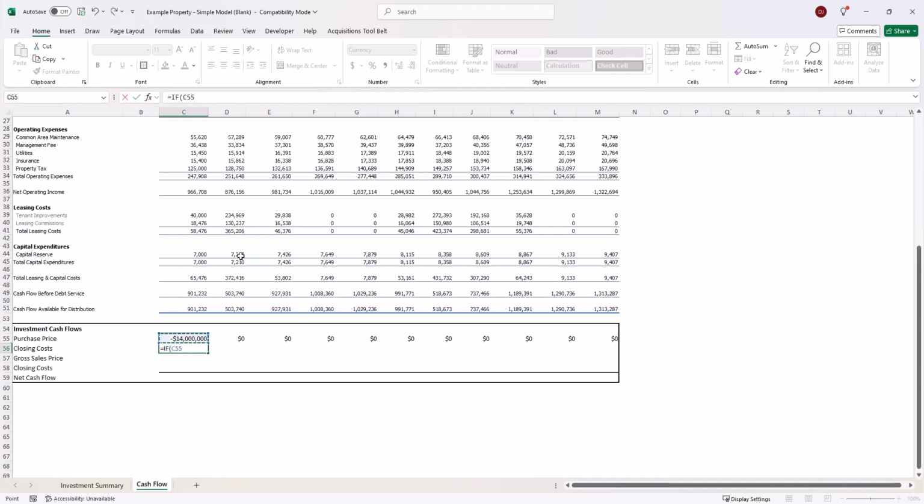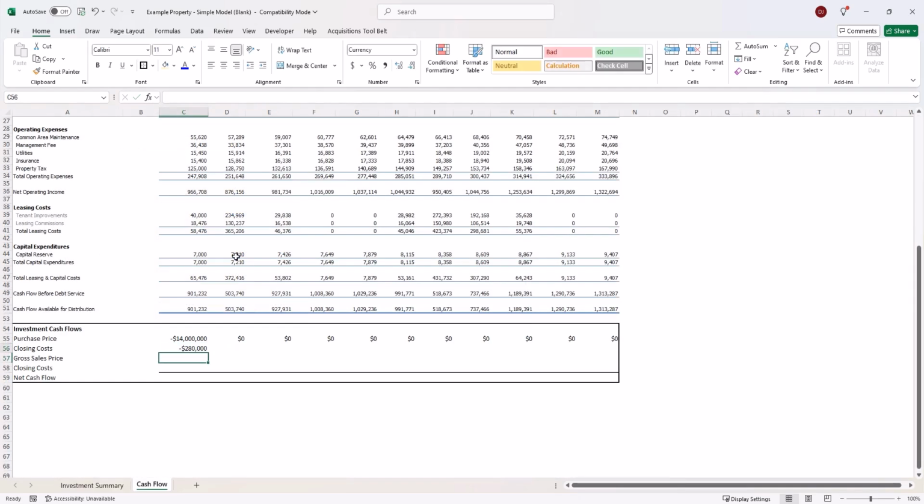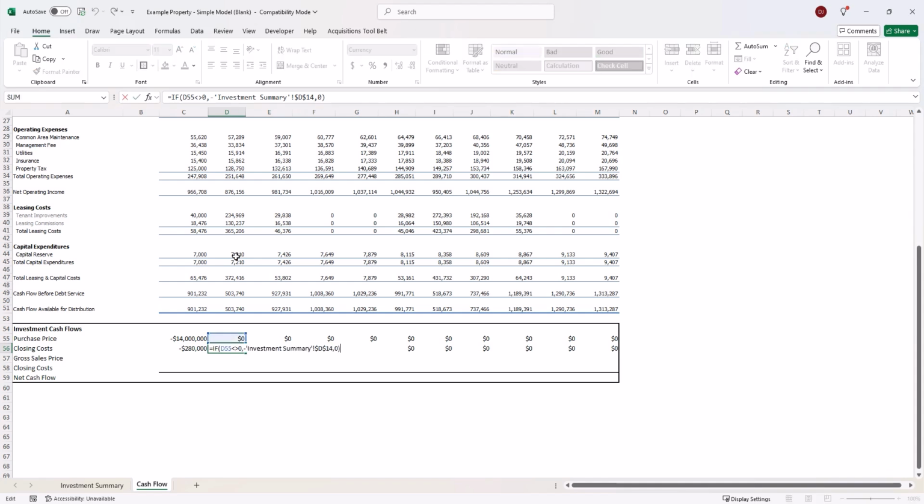Now for purchase closing costs, we want to link this directly to our input tab, but we only want this cost to appear when there's a value in the purchase price line. So we'll use an if statement and we'll say if the value in the purchase price line is not 0, then give us the negative value from our closing cost input, and we'll lock that in with F4, and if not, give us 0. Now to link our gross sales price, we are going to use another if statement, and we'll say if the date that we are in matches our sale date input,